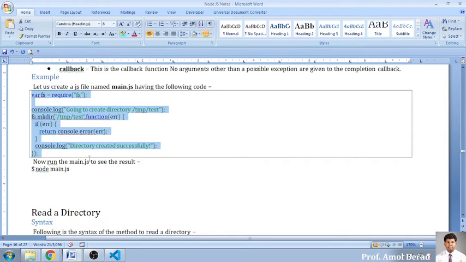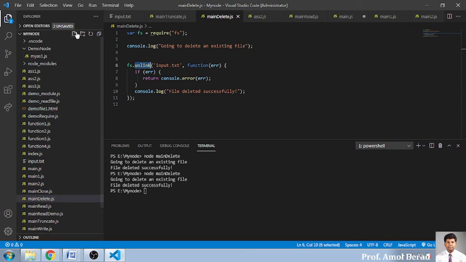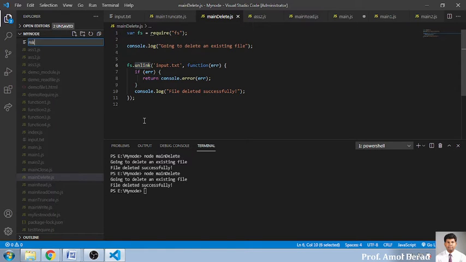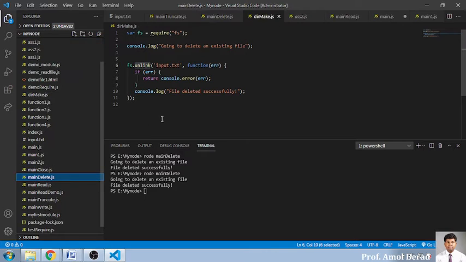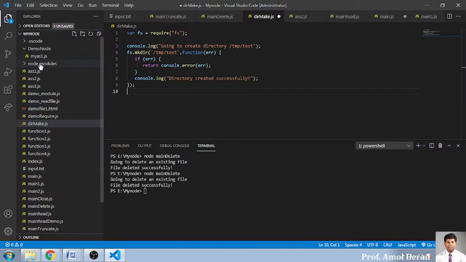So how to create a folder into a project? It is mkdir. I'm copying the code, and we'll call the file dirMake.js. This will be created over here, and that will be creating a folder into this. There is no folder, and here we will be creating a test folder into this folder. So here I am in my node. Automatically there is no folder with the name test, so the test folder will be created into this one.